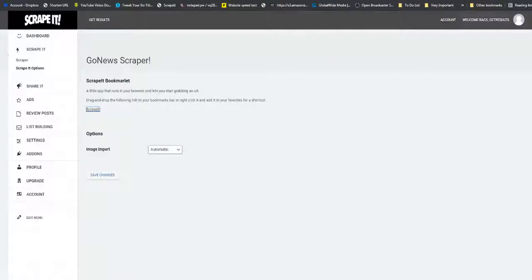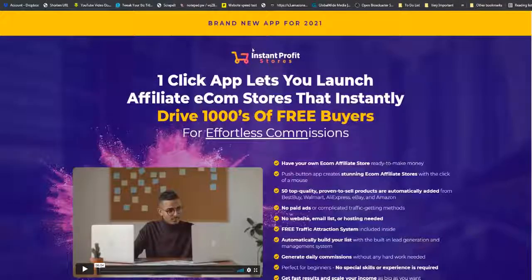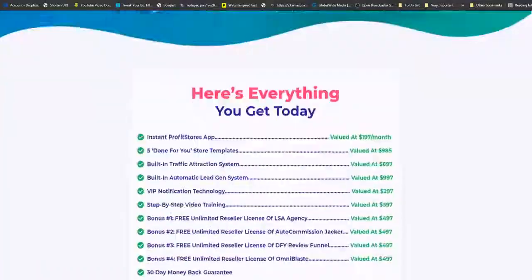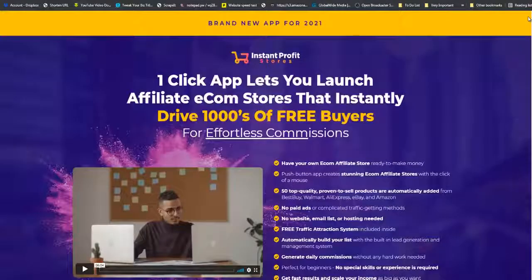is to find the review site that you are going to be reviewing, and in this case today we are going to be reviewing Get Instant Profit Stores by my friend Victory. Now the first thing I want you to do when you open your site is to scroll right down to the bottom to make sure that all of the text and the images have been populated. Next I want you to click on the little bookmark, let's scrape it,